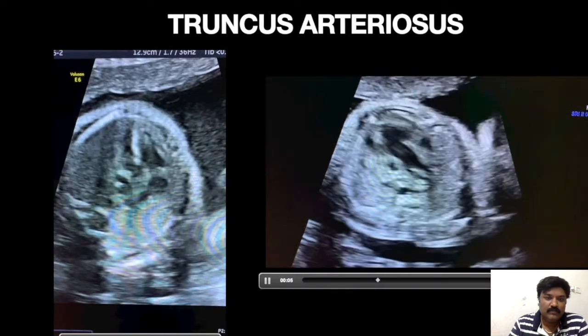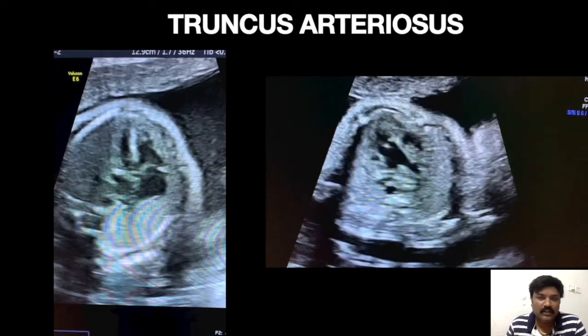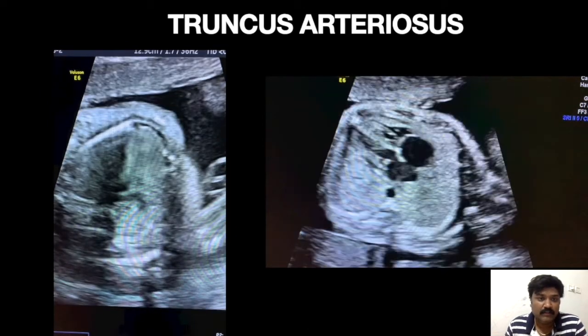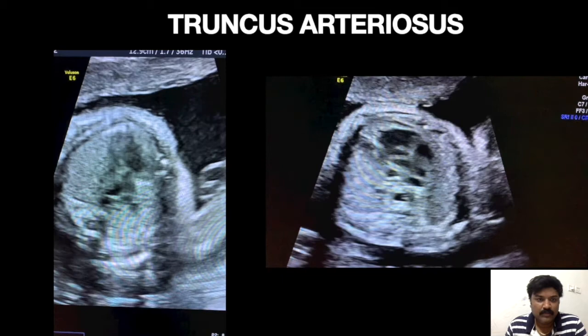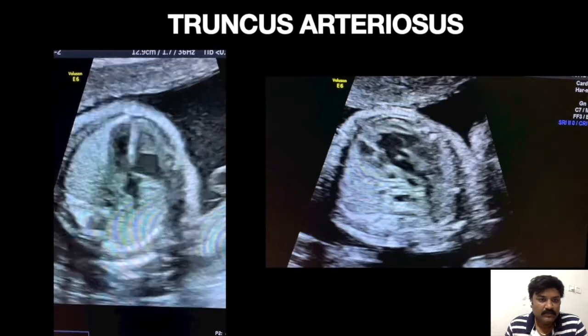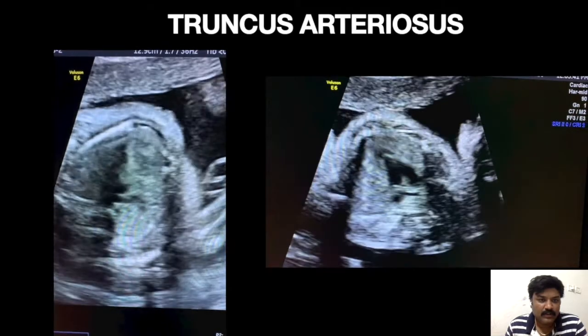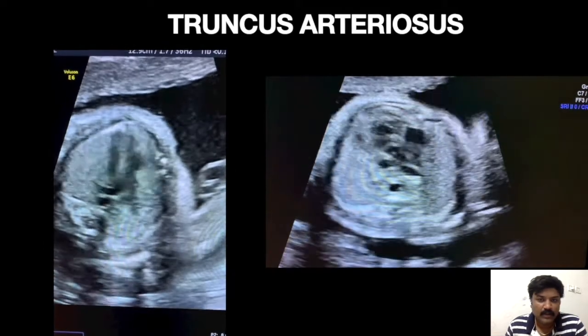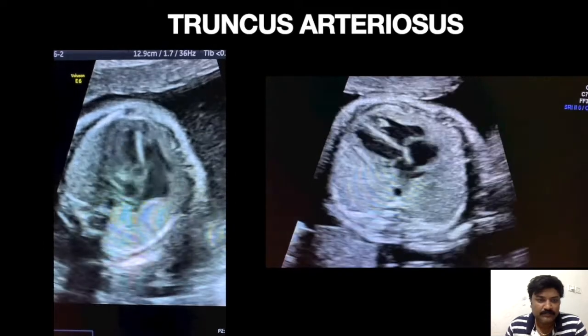The large vessel is receiving supply from both right and left ventricle. So this is also a type of malaligned VSD with the truncus arteriosus, later on giving branches to aorta and pulmonary artery in this case.